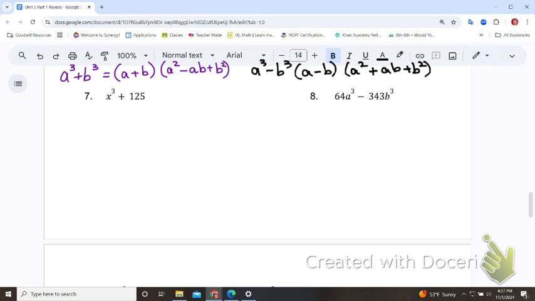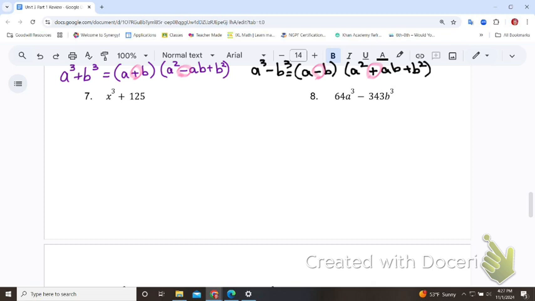So if you notice, those two patterns are not very different from each other. The only difference is this sign and this sign. The little one matches, the middle of the big one is the opposite. Again, you do not have to memorize those, but you want to think about those patterns as you answer these